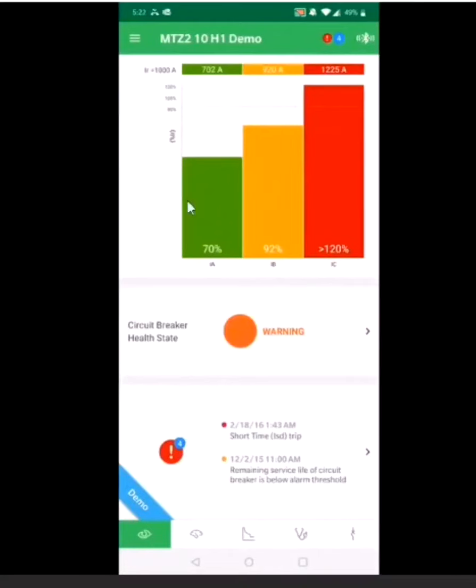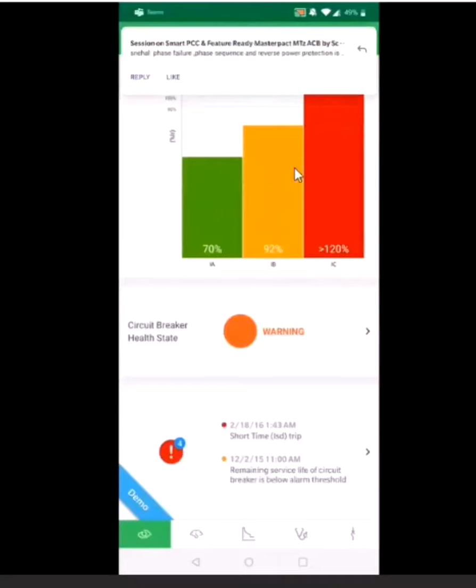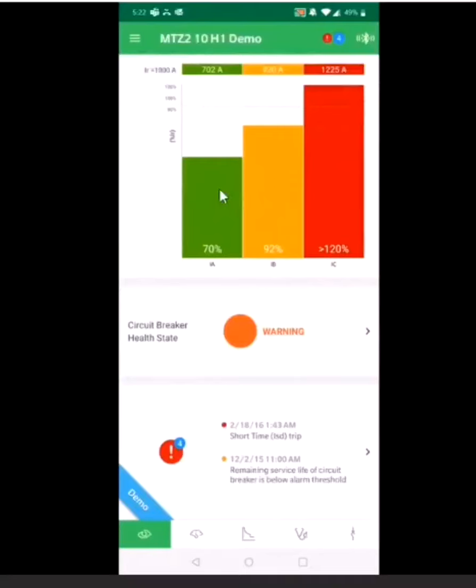At a glance, it will show you three key things. First, whether the load is at the right loading level and the phases are well balanced. If not, it will give you this information with color codes. By default there are 3 types of color codes. Green means everything is healthy and okay. Orange means there is a warning signal on the breaker. So you must reach out to the breaker, see what the warning is, and take action so that the warning does not go into a trip.